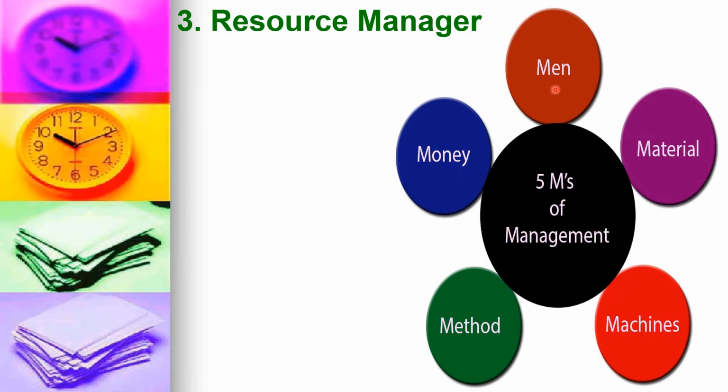The men include different workers of her unit. The material is the patient care supplies in her unit. The machines are the different equipment in her unit. And the method is the different types of patient care delivery systems, or the way of providing care to the patient. And money is the fund given to the nurse manager for managing the daily activities of her unit. So these resources the nurse manager has to allocate properly as a resource manager.